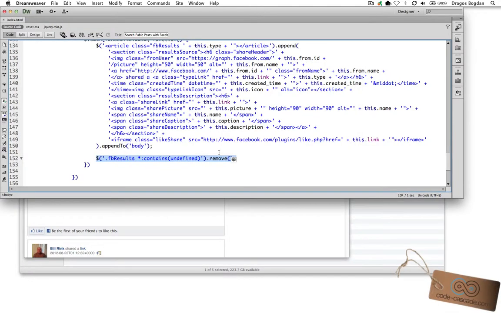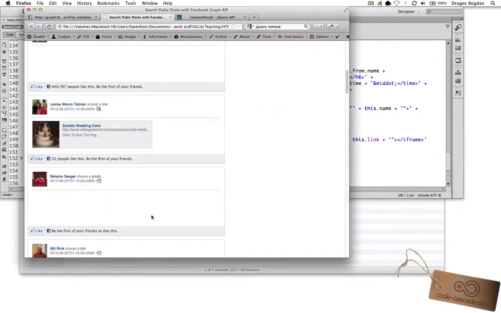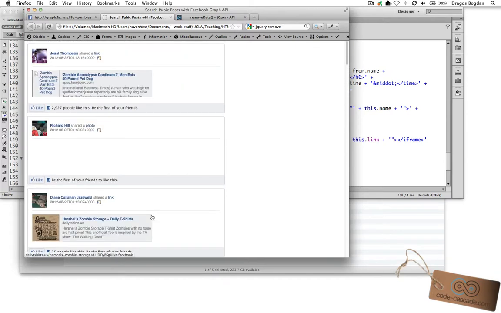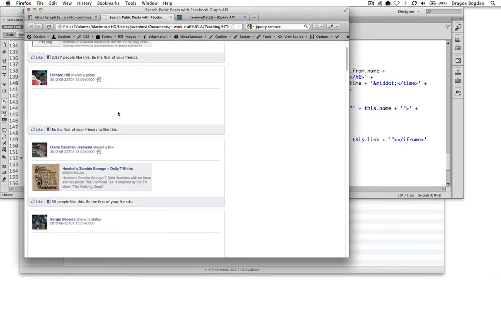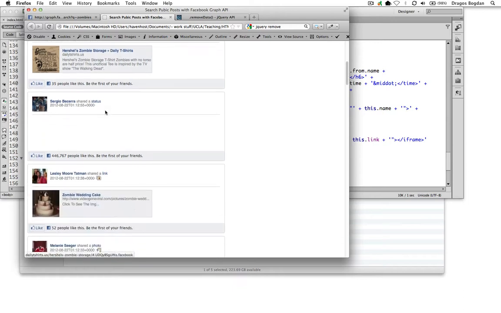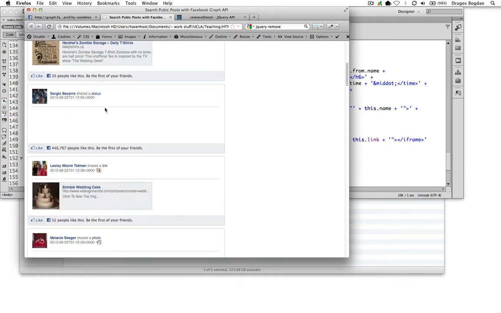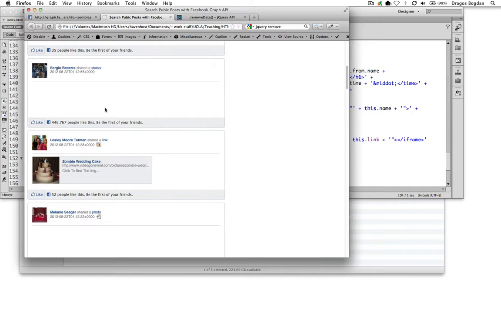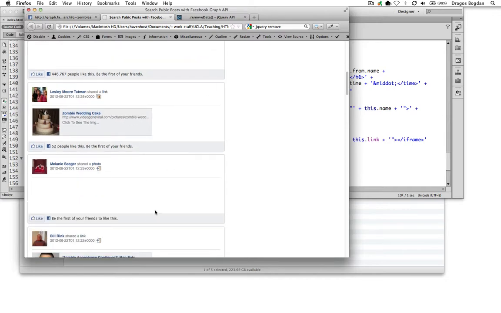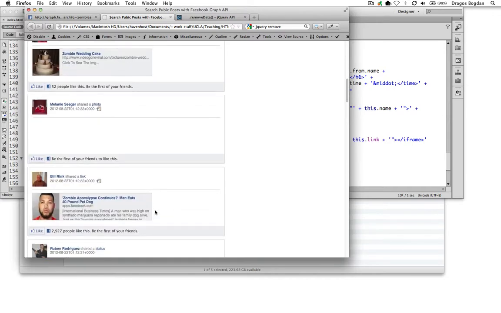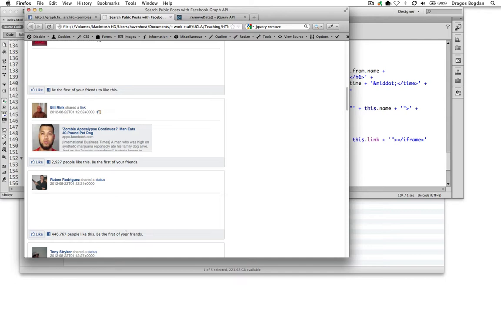After implementing my remove function that essentially looks for anything inside of FB results that contains the term undefined, I get, for the most part, results that are pretty hollow. We see here that when you actually look at it, anything except a link is going to be completely hollow. Now, when I first was coming up with this interface, I actually modeled my template from the